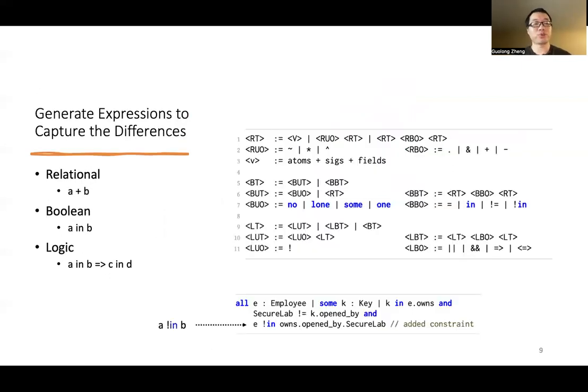After ATR identifies the differences, ATR tries to generate expressions to capture this difference, and the expression that captures this difference would be a potential repair for the bug. And we try to use a subset of the Alloy syntax that would be mostly used. So for example, we would have 3 levels of templates. The first one would be the relational, which uses some relational operators like